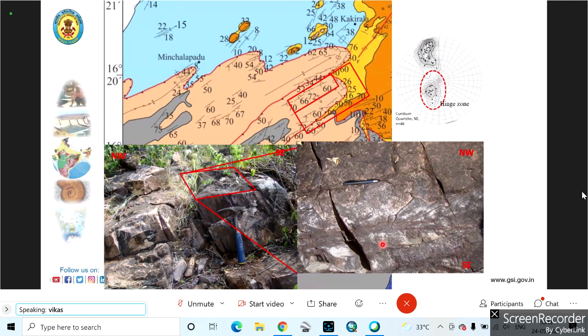this photograph is not that great, but you can say that in the northwestern side the younging direction is there. The cross beds are actually becoming tangentially parallel to the bedding plane in the southeastern side. So that's the older part, and the younger side is the northwestern side. If you see the bed dip where the hammer is kept, it's dipping towards the southeastern side. I'm saying that the younging direction is in the northwestern side. Like this, I had identified that these beds are all overturned beds. This was a very important one, and that actually helped us to further interpret those thrust zones also.